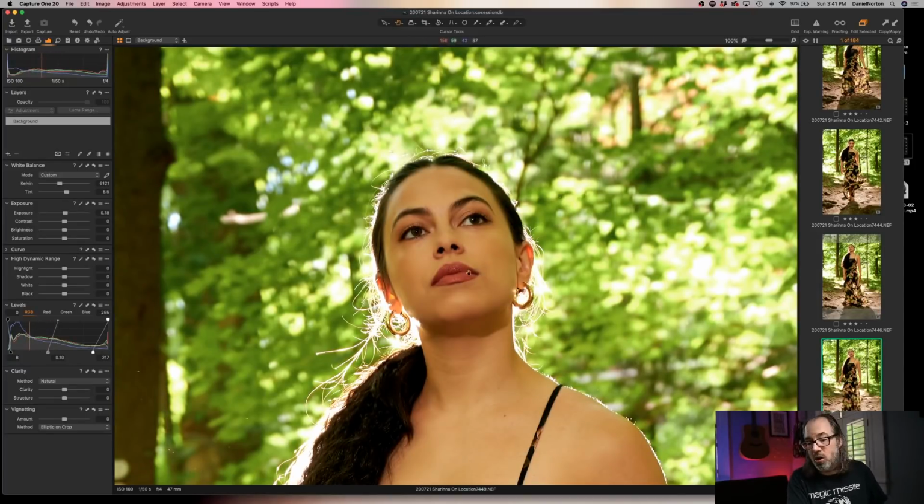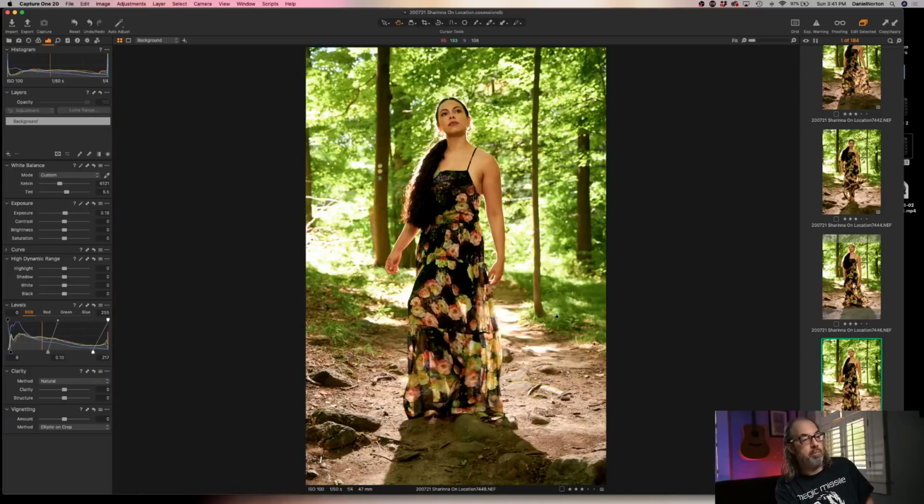Because remember, I'm hitting her with a hard light, right? When you're hitting somebody with a hard light, it's going to throw big shadows, which means that you want to make sure that your light's coming from a direction that's pleasing, right? If her chin is down, like you probably saw in some of those first ones, it actually makes her whole face seem more compressed because the shadow's just like, Rrr. But here we can actually see the shape of her chin with the light coming around and everything. So that's a much more pleasing...